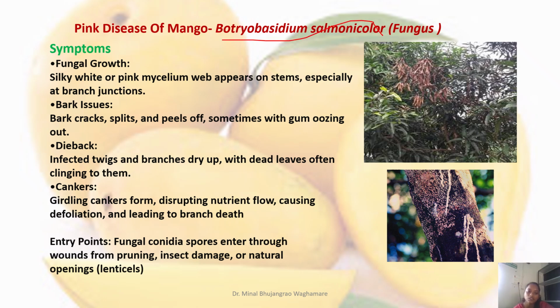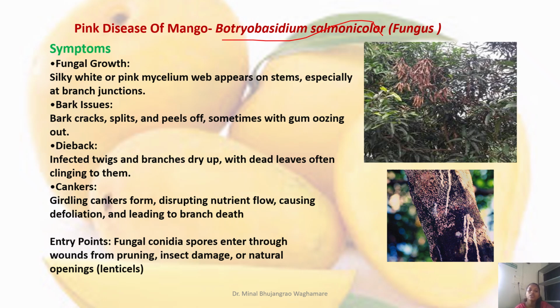It is a fungal disease, and we can see mainly whitish and pink colored mycelium web appearing on the stem. Many times we will see in a mango plantation a web-like appearance on some stems and leaves, especially at the branch junctions. So if we find silky white and pink mycelium of the fungus, those are the symptoms of the pink disease